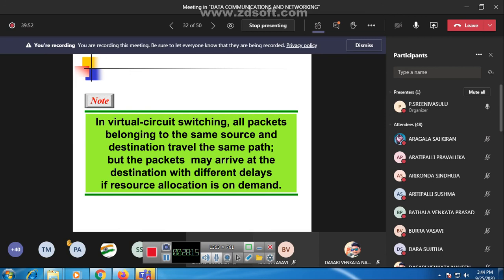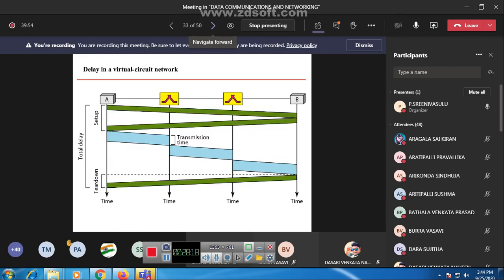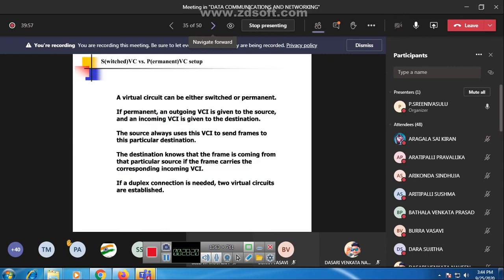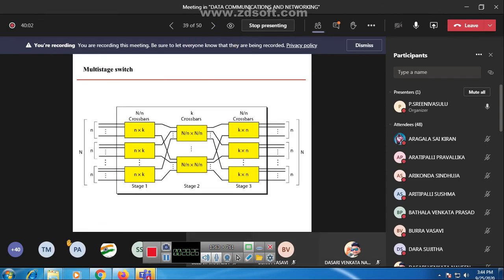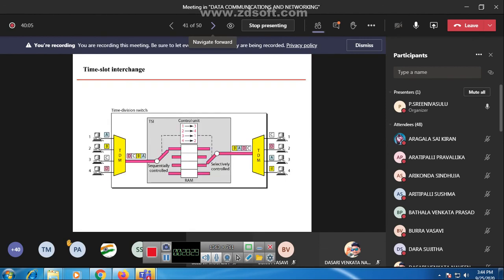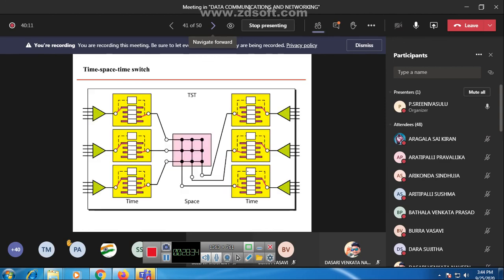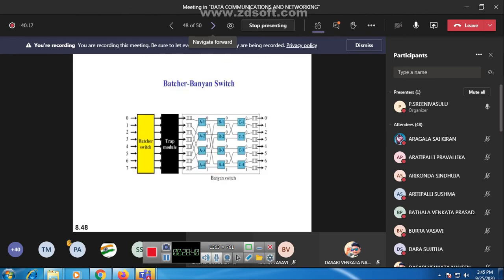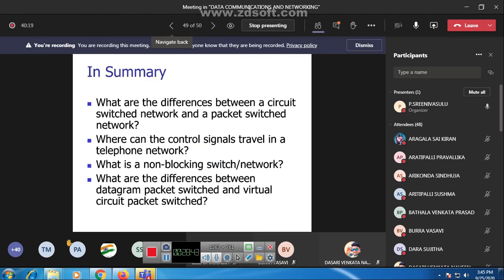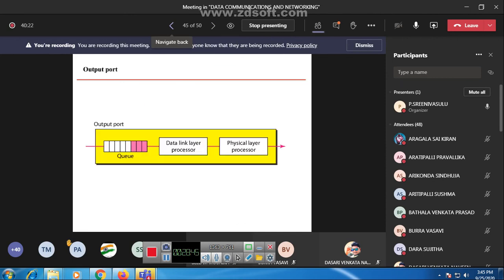Now we have another switching technique, that is message switching. We have different types of switches, such as the time slot switch. In part 2 we have message switching, which is a store and forward network.